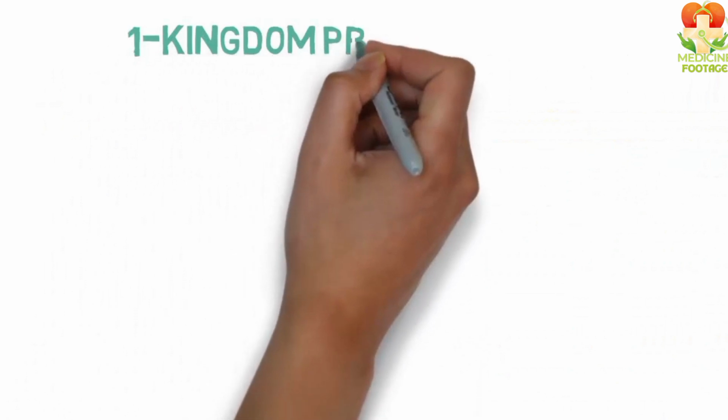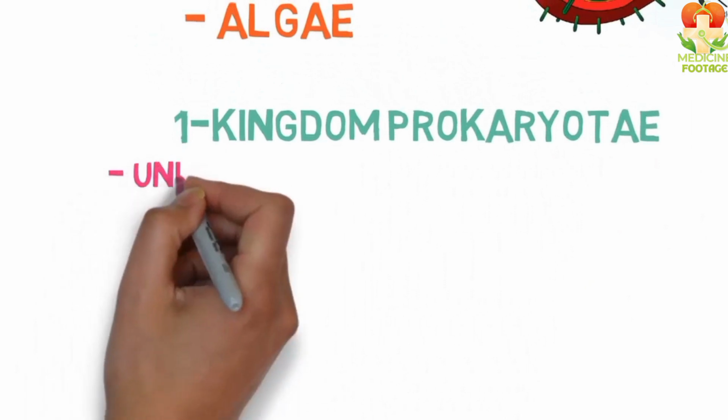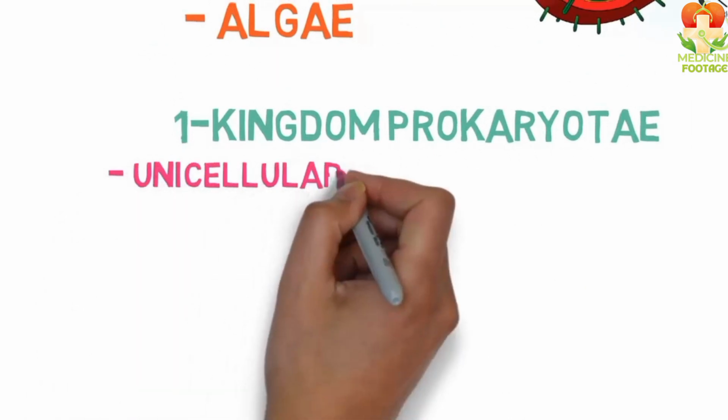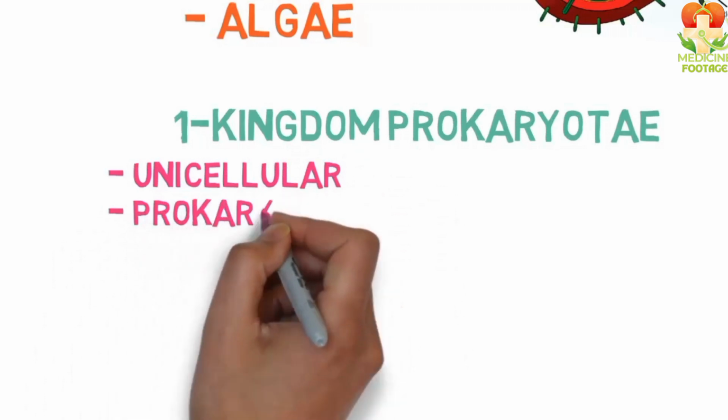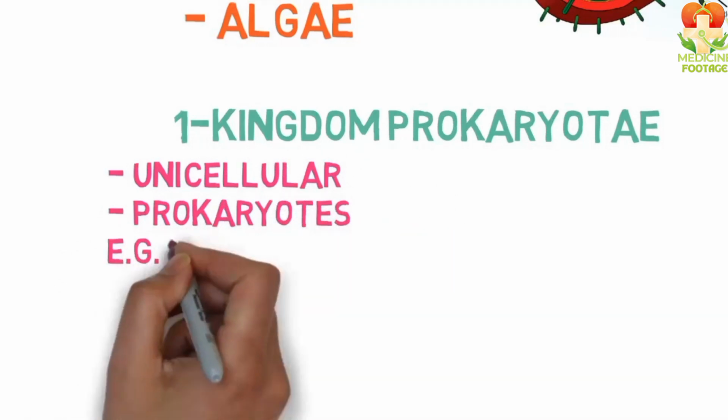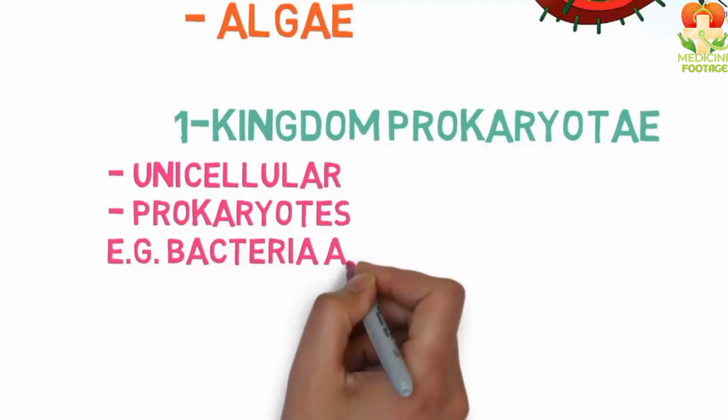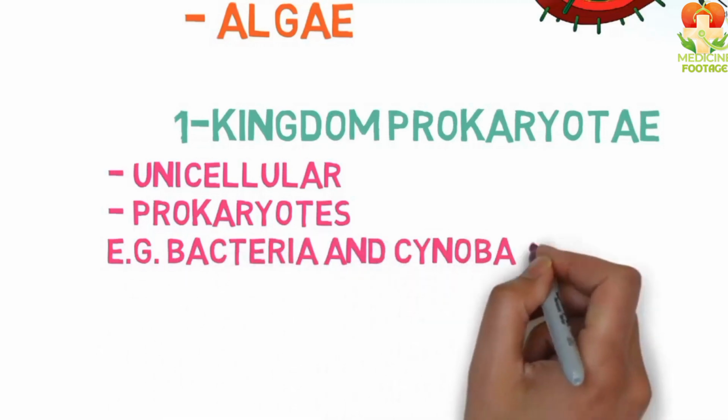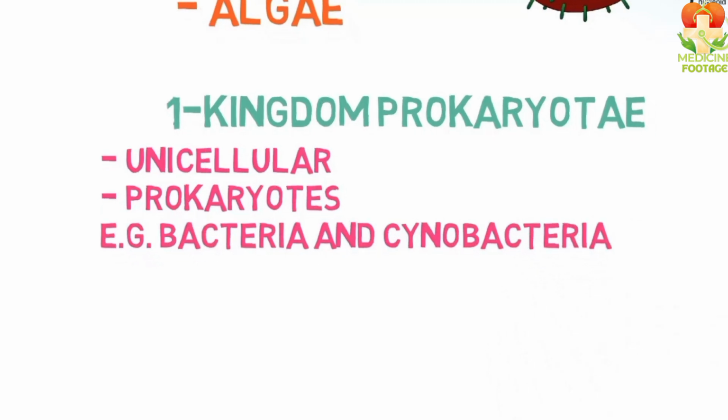Let's start with the first kingdom. The first kingdom is prokaryote. In this kingdom, the organisms are unicellular and prokaryotic. I have already explained both of these terms. Examples include bacteria and cyanobacteria. Now, we move to the second kingdom, which is